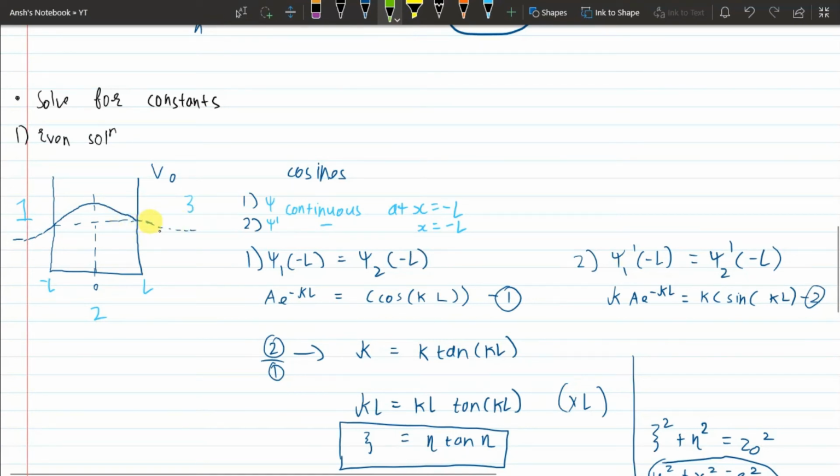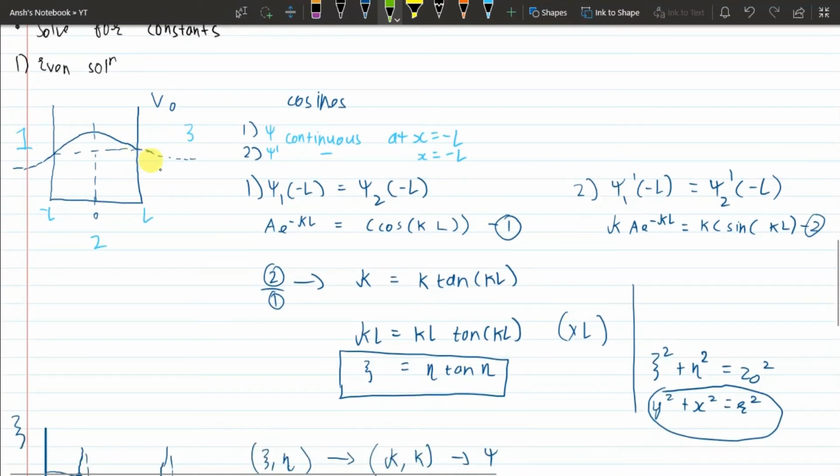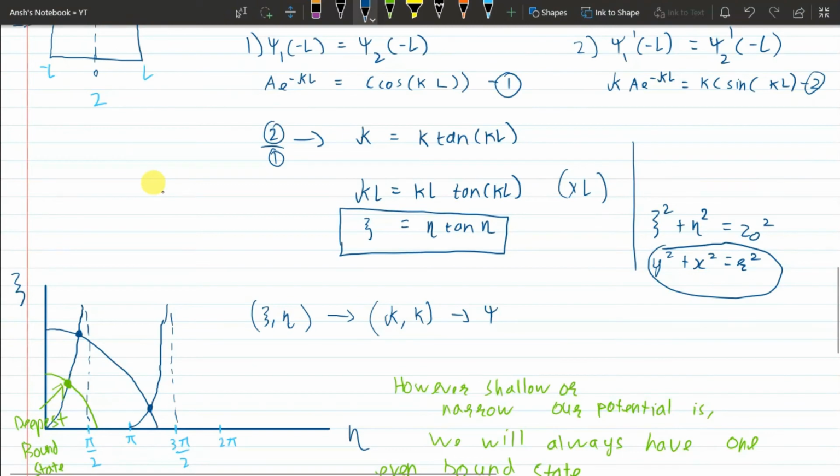This is very counterintuitive if you approach this problem from a classical perspective. From the classical perspective of a ball inside a well, the ball can only exist inside the well. It cannot penetrate the walls of the well. However, when you go to quantum scales and these kind of single particle problems, a single particle has a non-zero probability of existing outside the wall. This is very interesting to note, and it takes some time to get used to, but this is how quantum nature is, and these are how the wave functions behave.